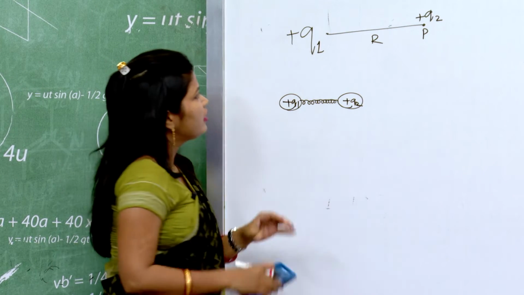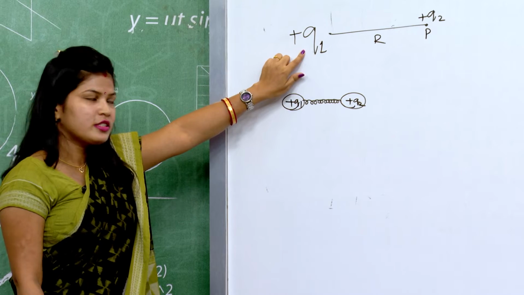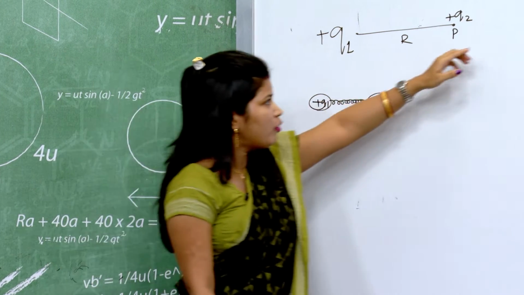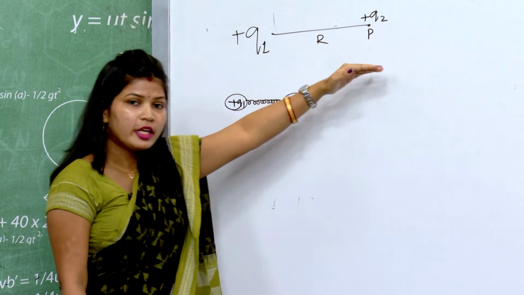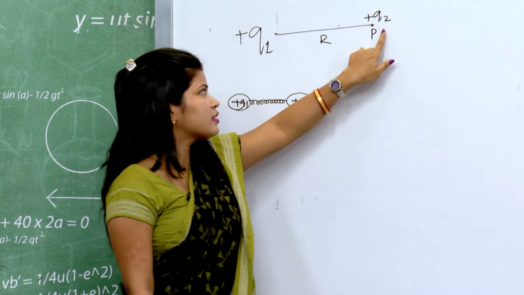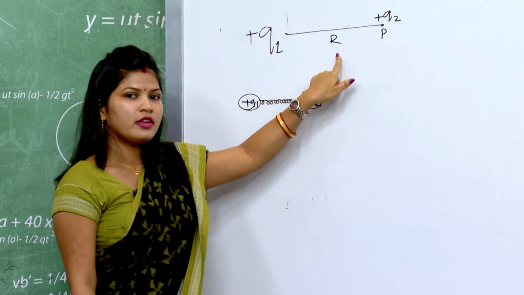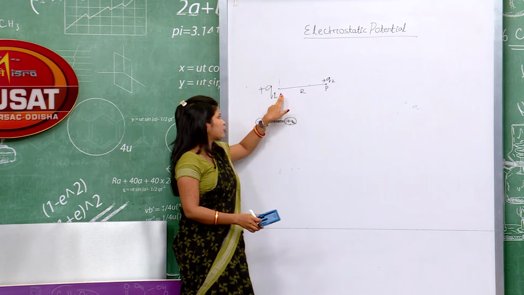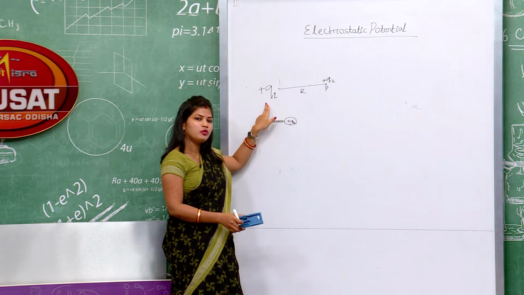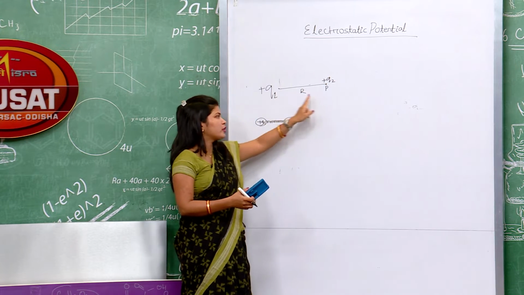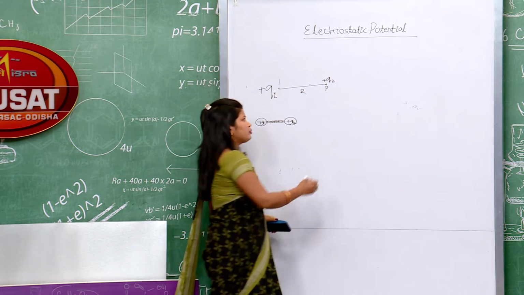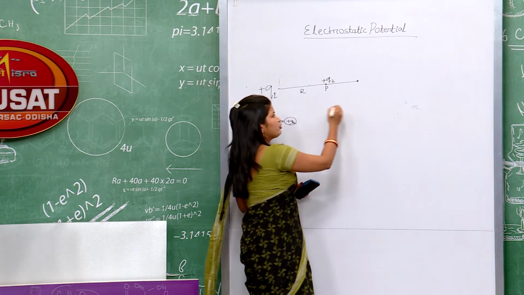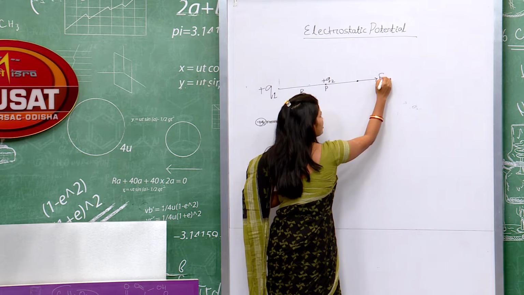Let us see. When you place plus Q1 charge, it does not take any work to be placed. But when I come from very far away, that is infinitely far away, and bring this charge plus Q2 to this distance, I have to do work. That means, I have to push, and when I get closer to this Q1 charge, I have to push more, because Q1 will repel this charge Q2. Suppose I am here, so the force due to repulsion, that is electric force, is in this direction,